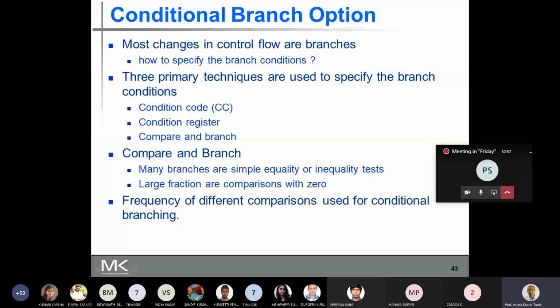There are 3 primary techniques used to specify the branch condition: one is the condition code, the second is the condition register, and then compare and branch. So let's look at how the conditions are tested in each of these techniques.